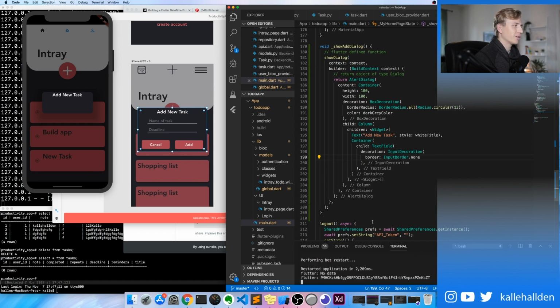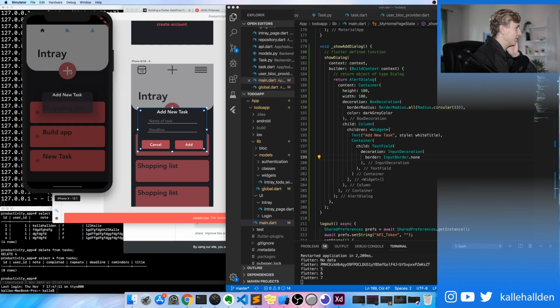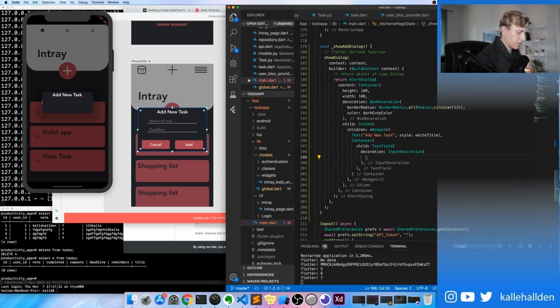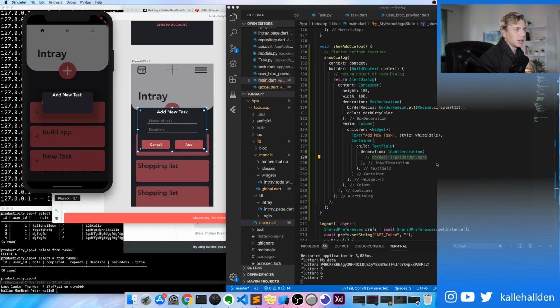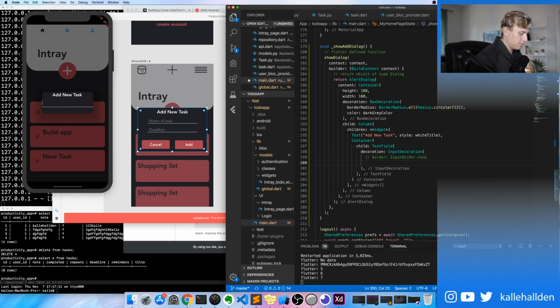All right, not really sure what this will do now, if it will just, yeah, so it just adds no input border, which is not actually what we wanted. What if we do nothing here? And then we run that, just to see kind of what the actual color is. Naturally, I think it's probably going to be like black. Yeah, so it's black to begin with, but we want it to be color